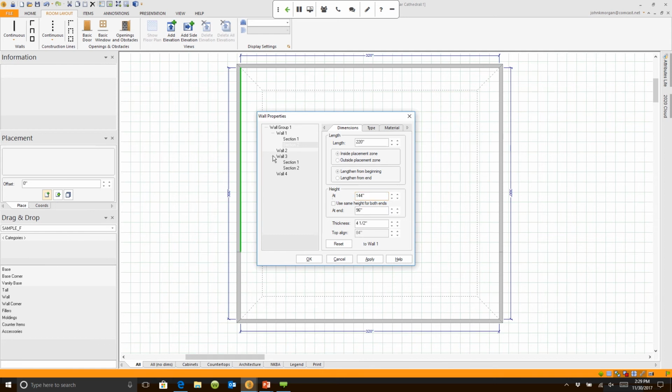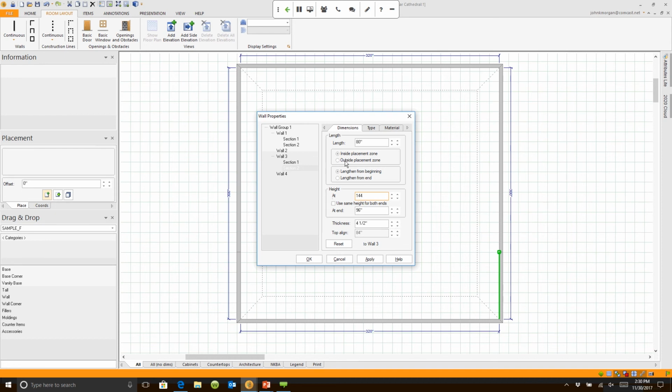Now, I need to do the same exact thing on the opposite side of the room. So I'm going to go over to Section 1, turn the check mark off. I'm going to say it's 144, but it slopes down to 96. Then I can go to Section 2, turn the check mark off. You see a little pattern here. Turn the check mark off. That gives you the ability to do it. I'll say it's 144 to 96. Once I've changed those 4 pieces,